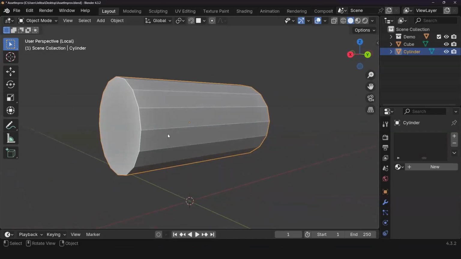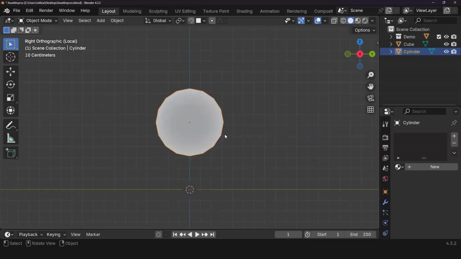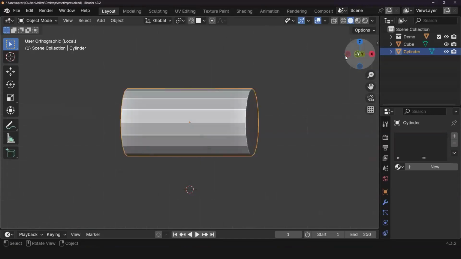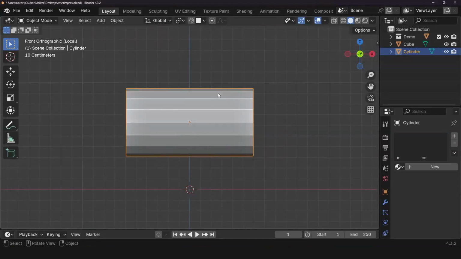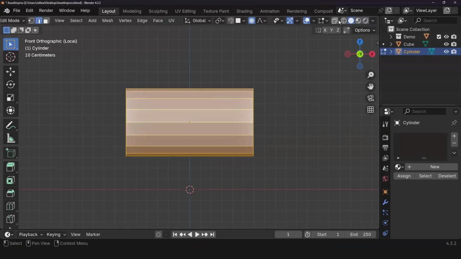Actually, it's that line. Yeah, that's that midline. So what I'm going to do is press 3 for that orthographic view, and I'd like to turn it. And I'm going to press Tab for edit mode. I'm going to do a few things, like for example, turn on my toggle X-ray. And of course the shortcut is, what is it?